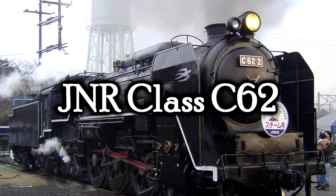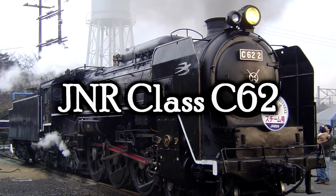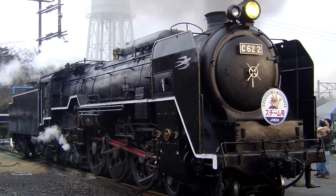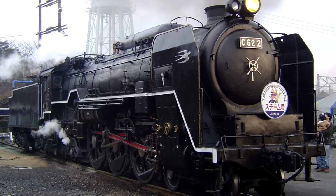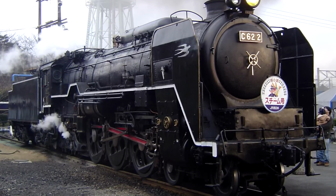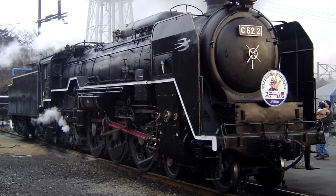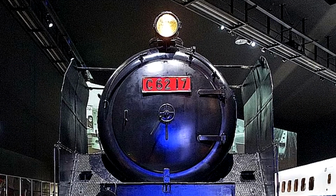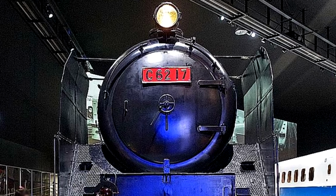The JNR Class C62. What's this? A Japanese steam locomotive, and a good one. Interesting, and this actually is Japanese. This was not an import. These locomotives were 464s, designed by Hideo Shima, and built by Japanese National Railways. These were the largest and fastest steam passenger locomotives that ran in Japan, and 49 were constructed from 1948 to 1949. One of them, C6217, broke the speed record for narrow-gauge steam locomotives on the 15th of December 1954, when